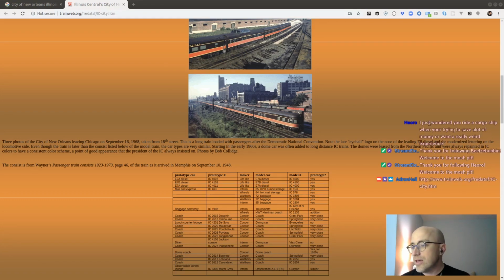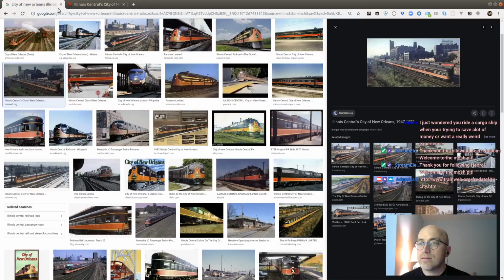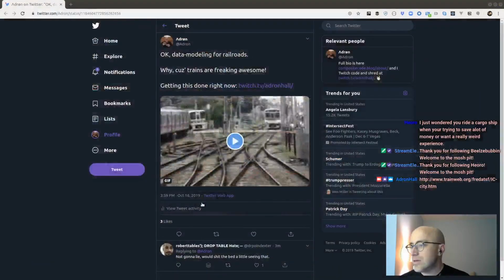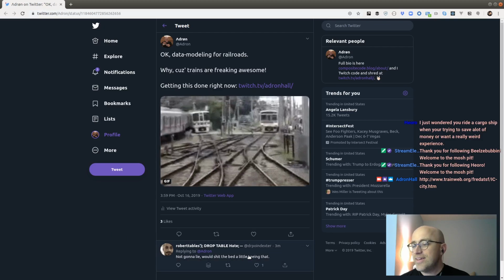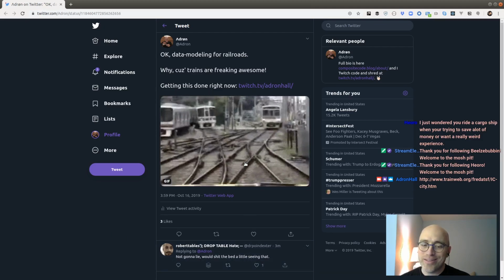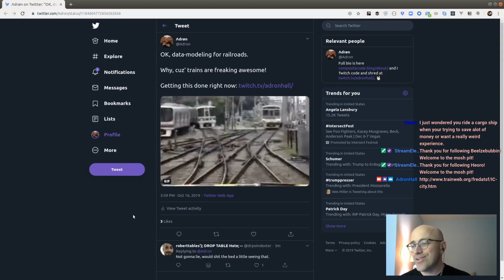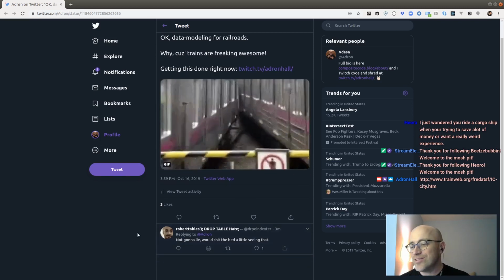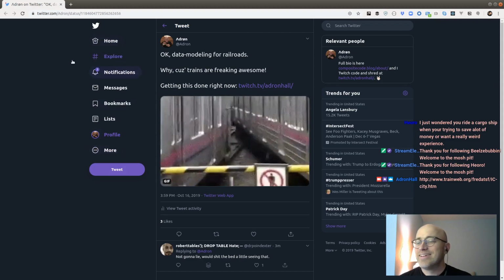There we go. So yeah, that's the Illinois Central, City of New Orleans. And let's close that. I mean, this is the GIF when I posted this. Yeah, I'm pretty sure this is not as fast as they were really going though. I'm pretty sure they were going way slower. It's probably like 10 mile per hour trackage right there. But looking at the GIF all sped up like that, it's like, whoa! They're totally gonna crash. Oh, I love trains.